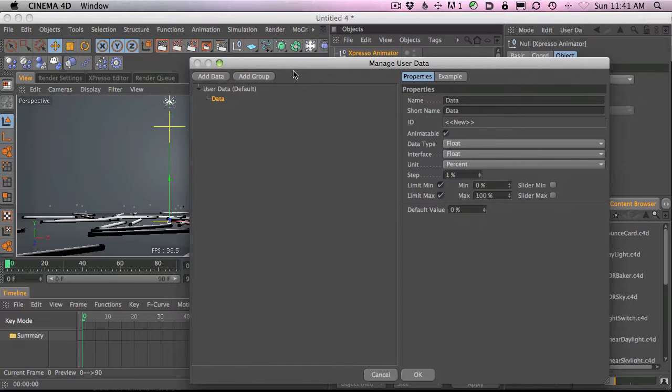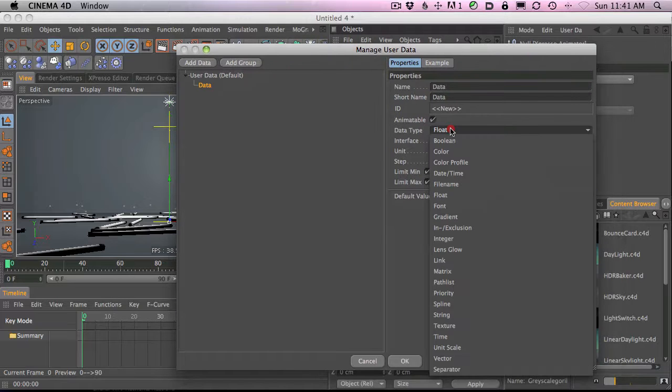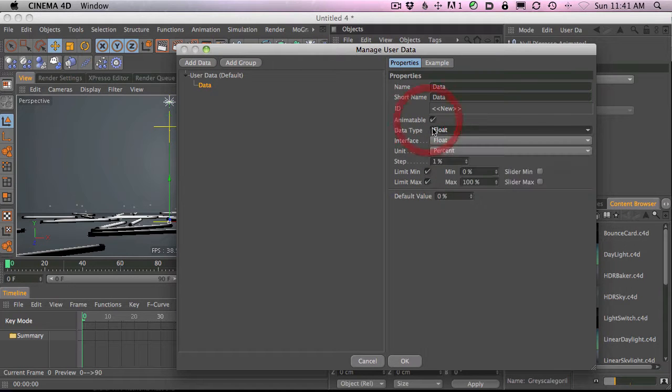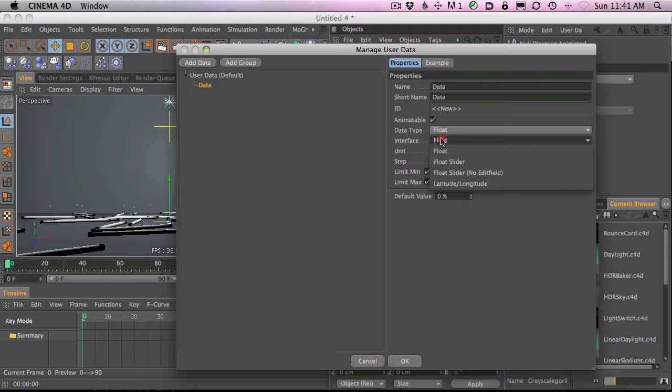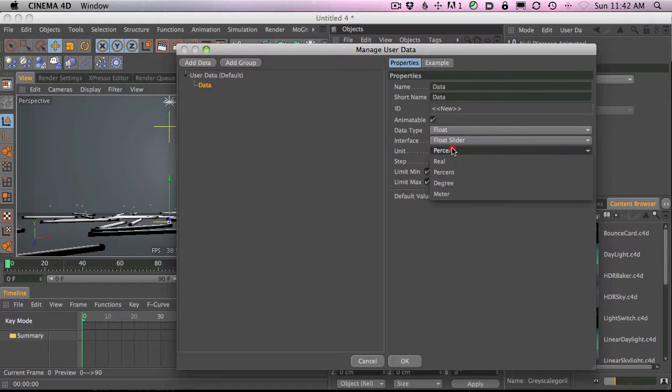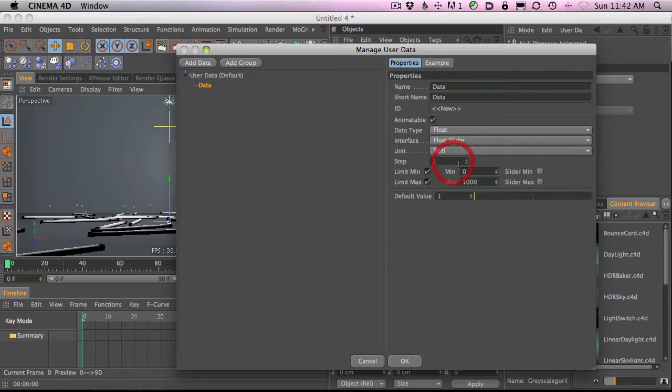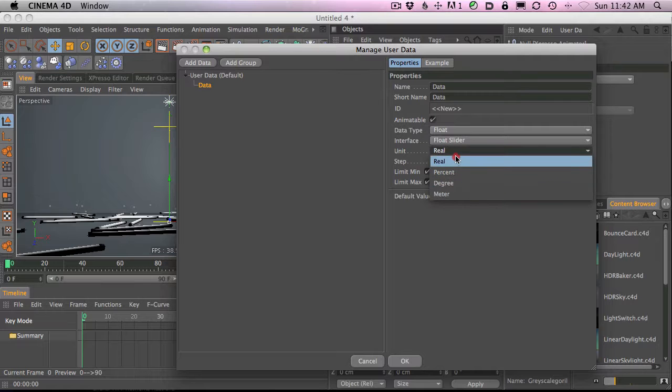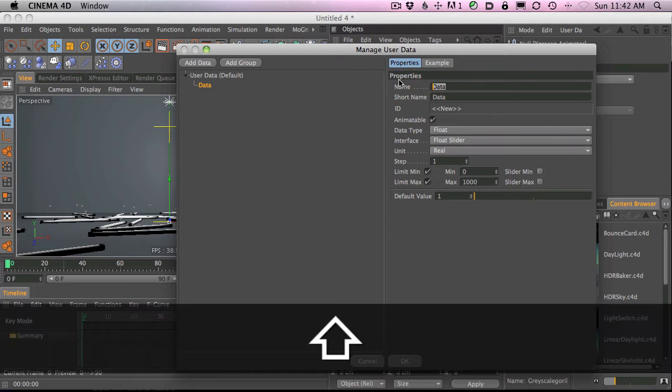The user data are basically sliders that are going to allow us to animate stuff down the road. In this case, we want a float data type, which is just numbers. We want a float slider, which means that we can actually animate it like this. And for the units, let's just use real for now. You could pick percentage, degrees, all this stuff. So float slider, real, and this first one's going to be called